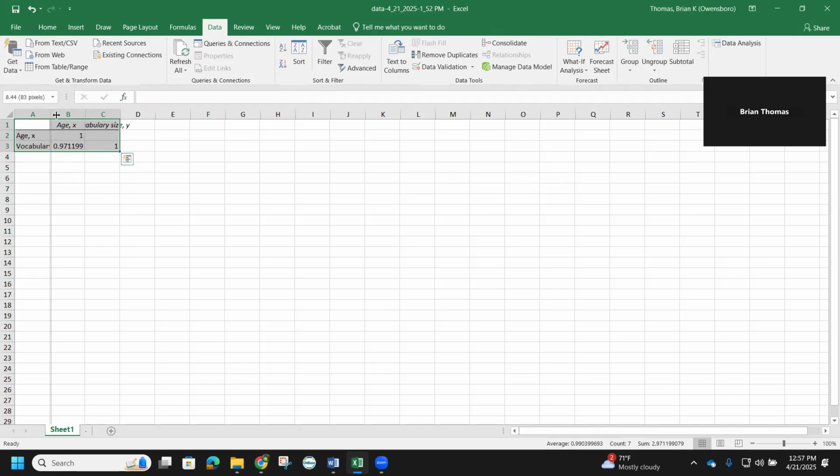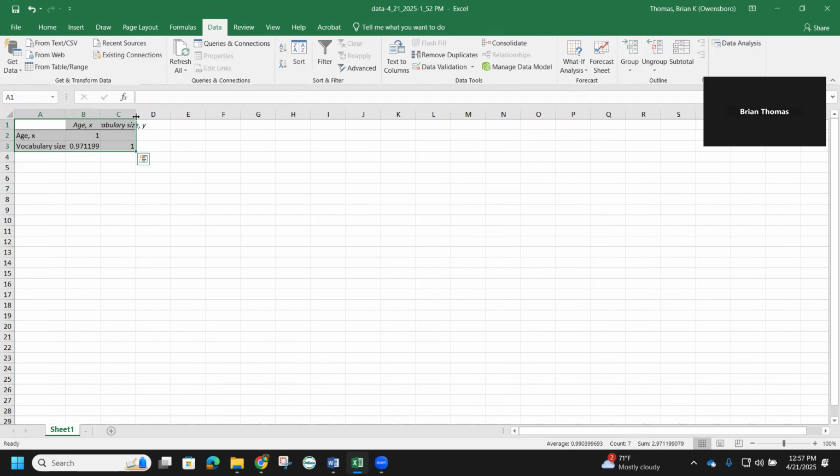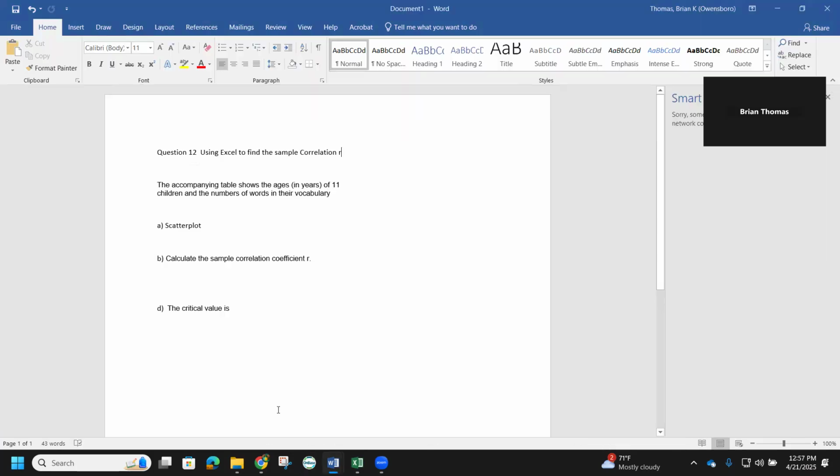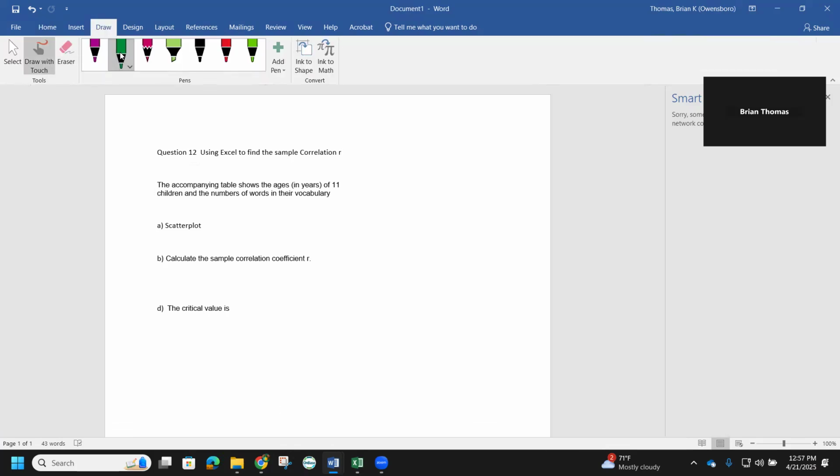And again, if I break this out a little bit, vocabulary size, age, and if I drag this out a little bit more, vocabulary size. So notice how the R value is actually this value right here, 0.971199. So if we round it to three decimal places, that's going to be 0.971. So our R value is going to be 0.971. Now, the critical value, we have to know the sample size, which was 11, and we need to know